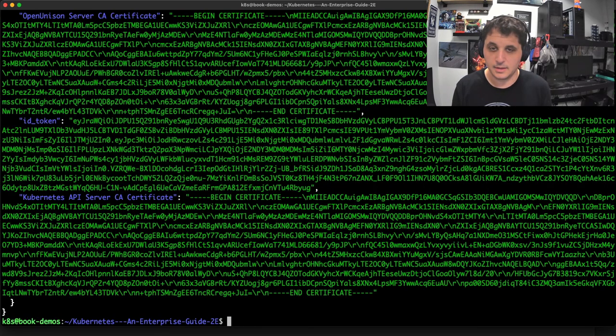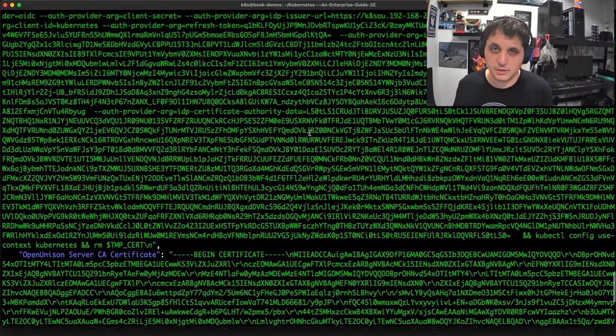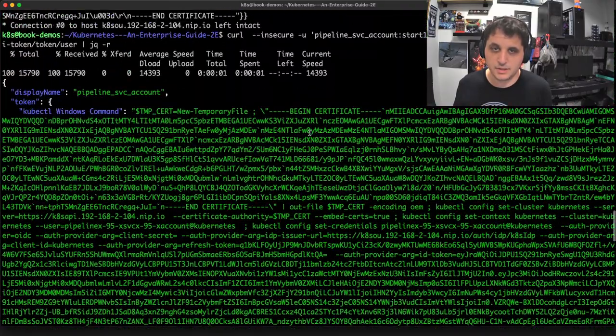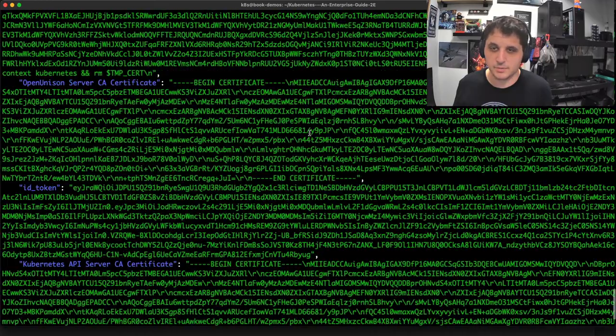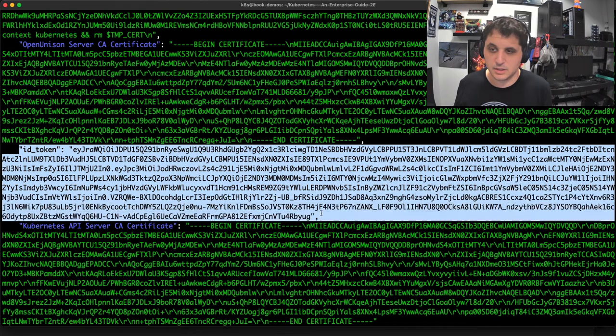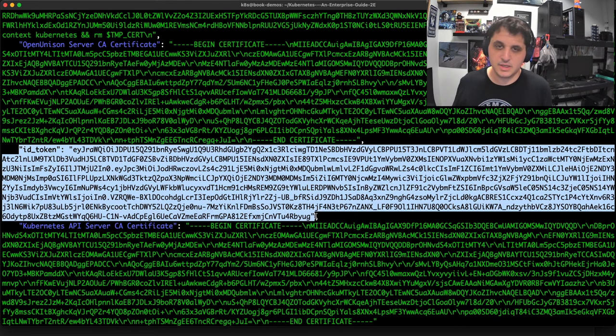And you can see now that jq -r broke up our response into something that's a little more manageable. What we really need is this ID token, because that's what we're going to use to talk to